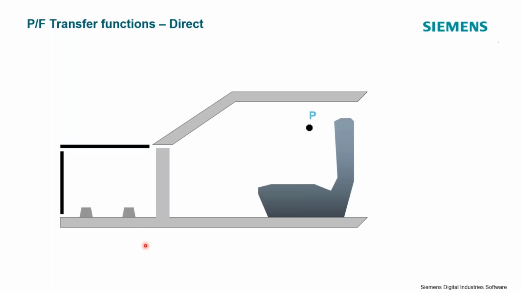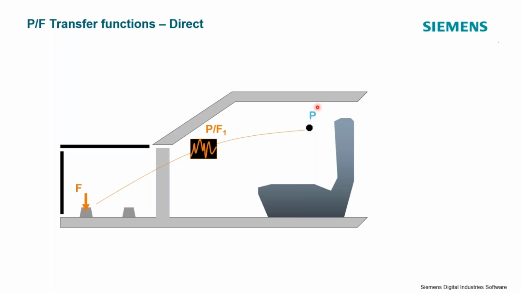So I've got some P, that's my target or my receiver, if you will, the driver's ear pressure microphone. And we're going to make some impact measurements at the two engine mount locations. So in this case, I've got a simplified vehicle. I've got 2 engine mounts. So I could remove the engine, remove the mounts, take my impact hammer and hit the structure on the first engine mount bracket with my impact hammer. I'm measuring the F, I'm measuring the P response, and I would measure this thing called the P over F.